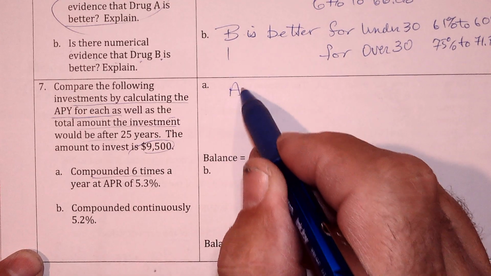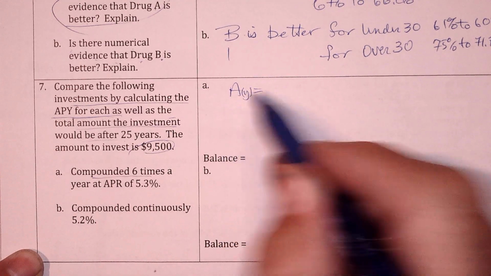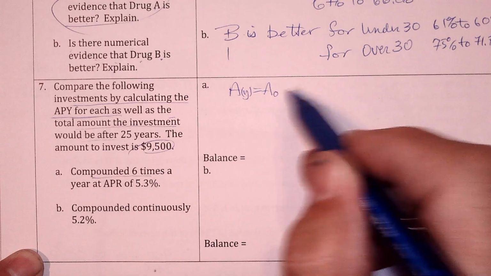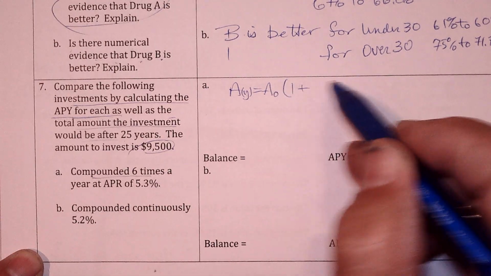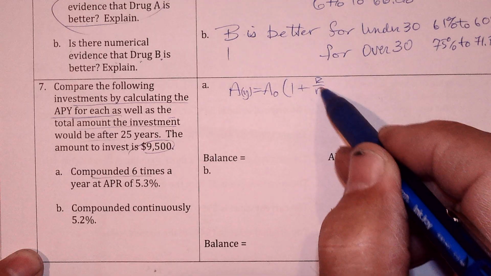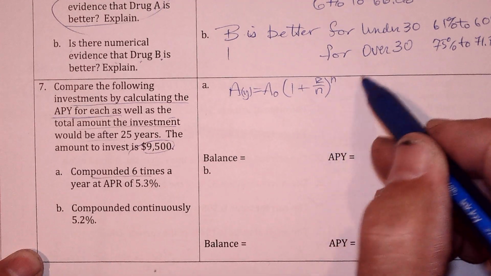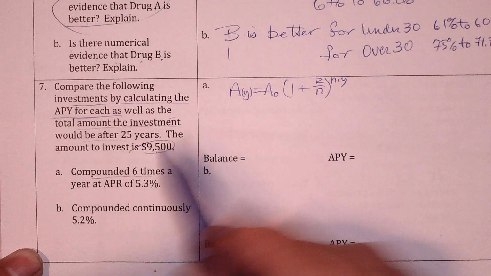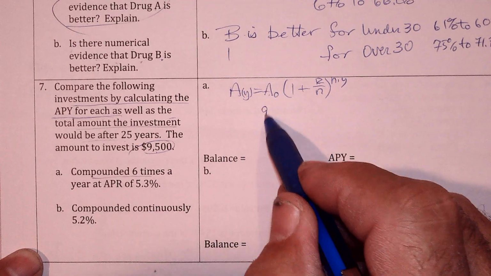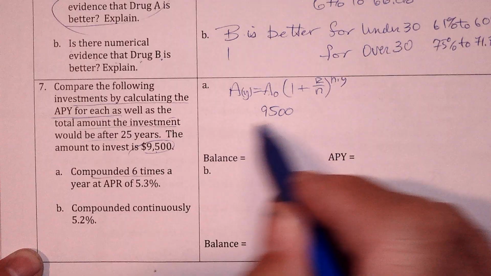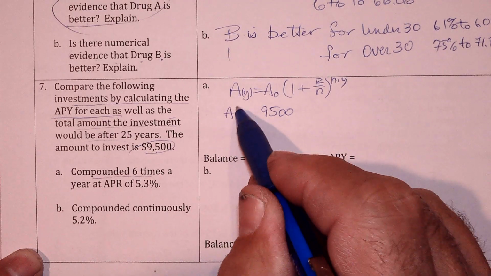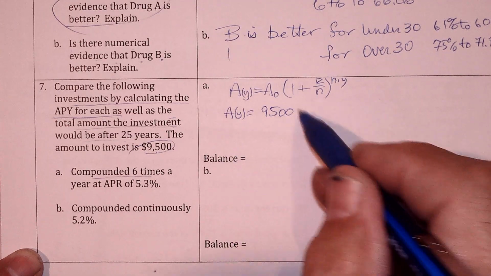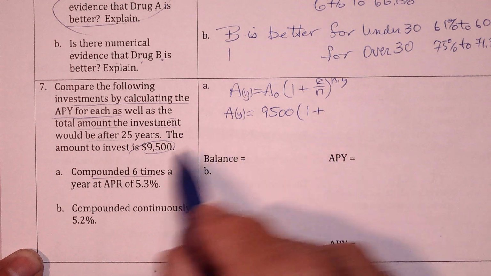Compound formula: the amount after so many years is the starting amount, 1 plus the rate divided by how many times in a year, to the power of times a year times the number of years. So the starting amount was 9500. The amount after some years is 9500 times 1 plus interest rate